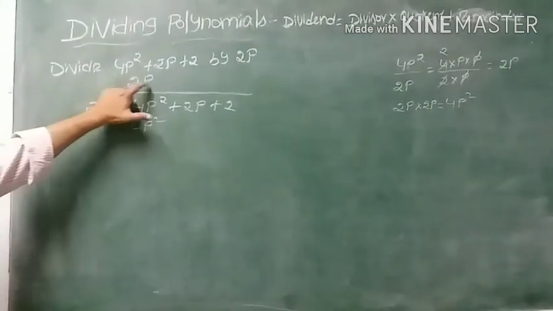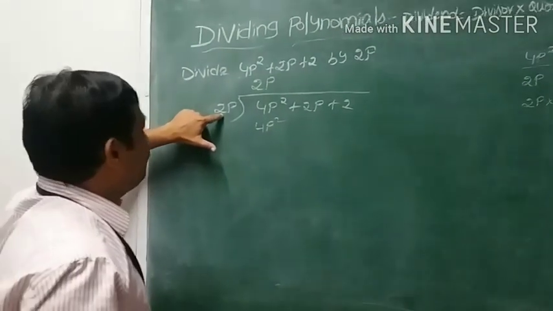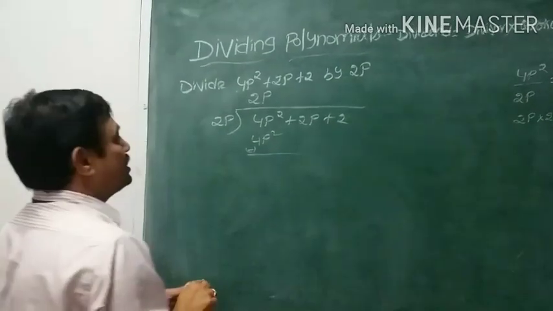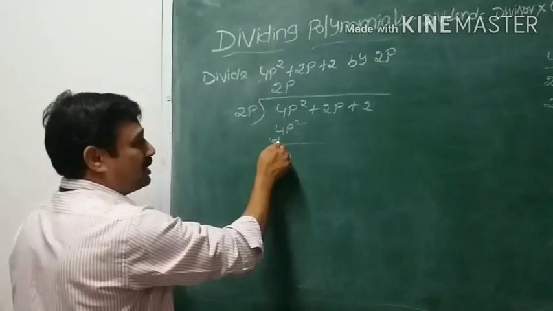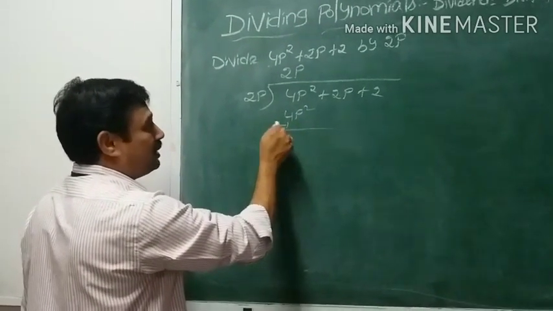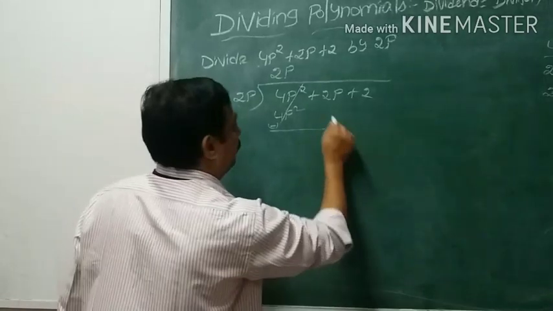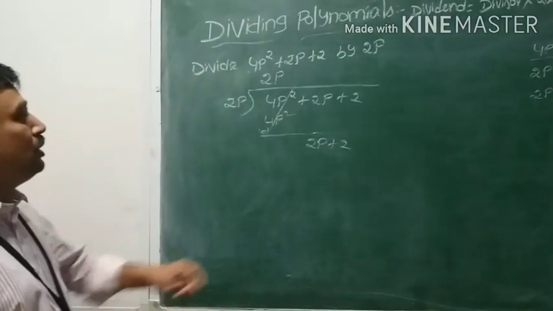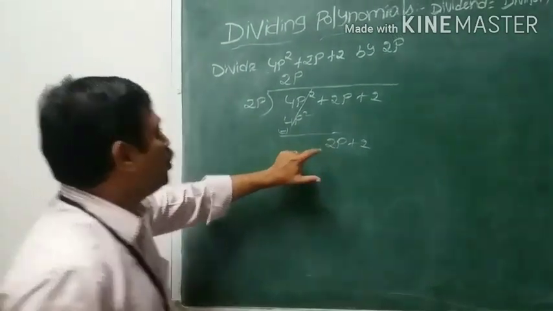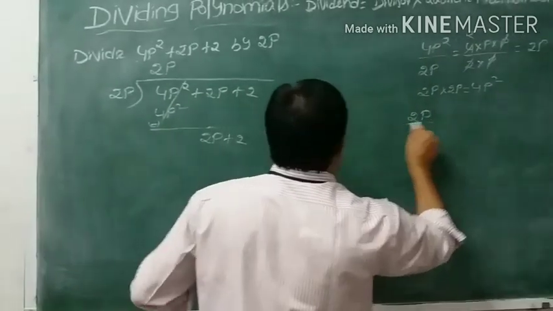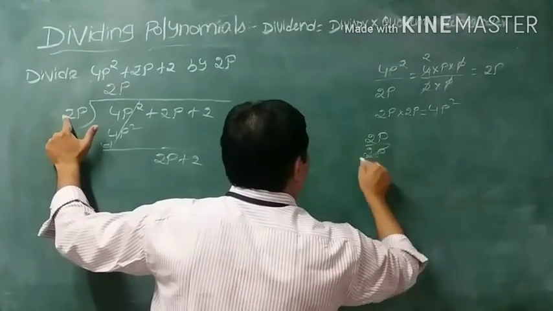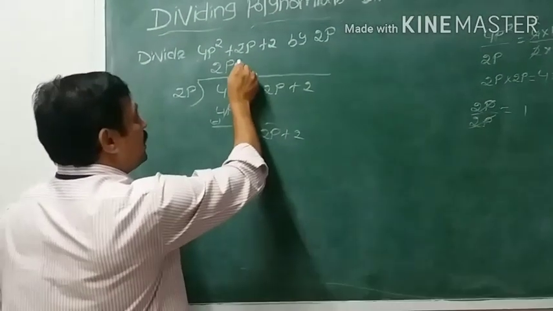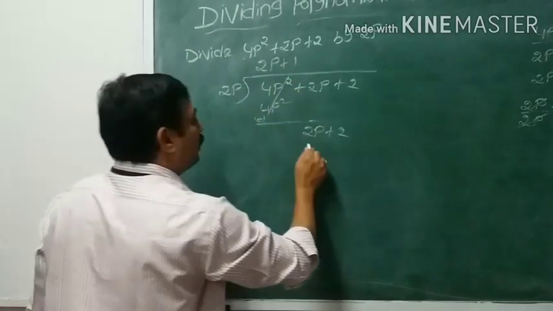That means here whatever we will get, with this one you have to multiply with the same term only. Now change the symbols. Here change the symbols means plus becomes minus. Suppose here minus symbol is there, means it becomes plus. Now do the cancellation. Next 2p plus 2. After that, here which one is the first term? 2p. By divide with 2p only, then you will get 1. So here there is no symbol, means plus, so write that plus 1. Now 1 into 2p,